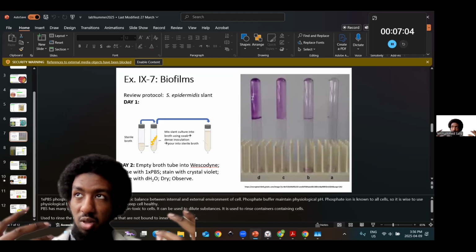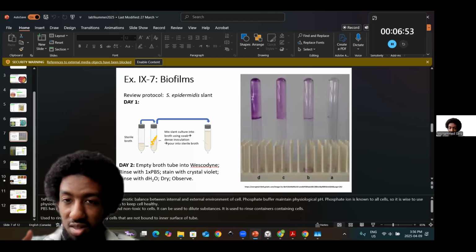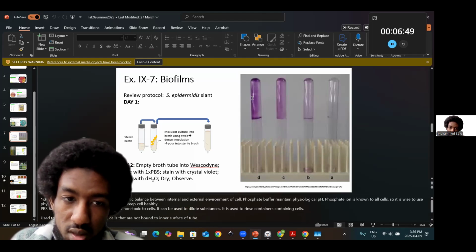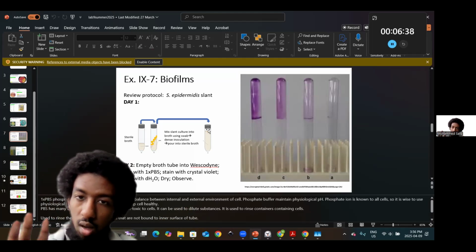Think about the growth patterns, and thus, if there's an abundant amount of bacteria, right? Without UV exposure, let's say, or as a control in this tube, then you can appreciate, after you've rinsed, after you've resuspended the bacteria, or even if you let the slant maintain the biofilm on the